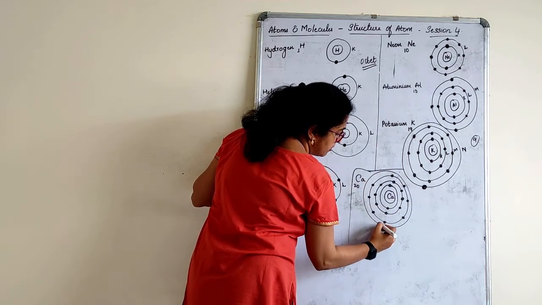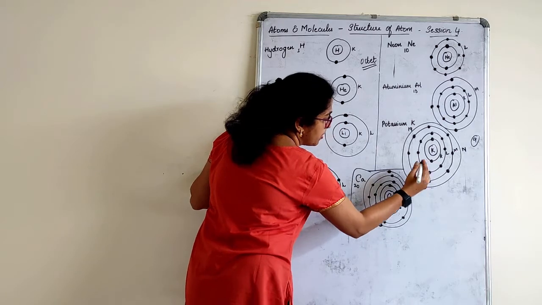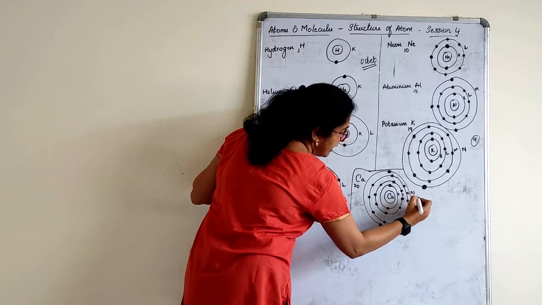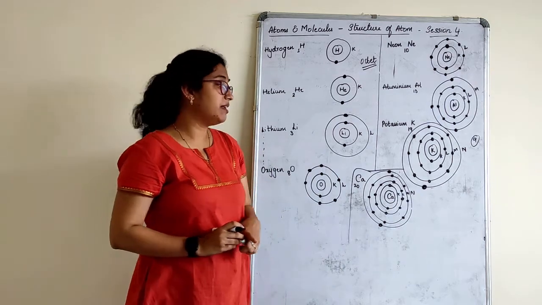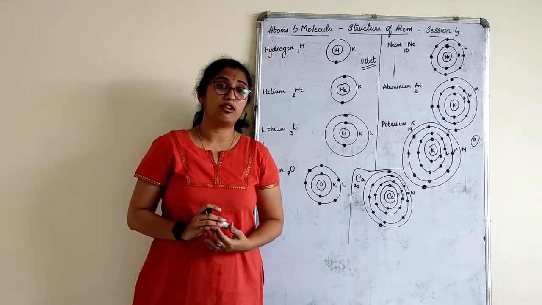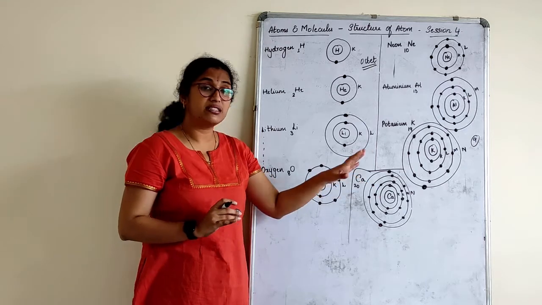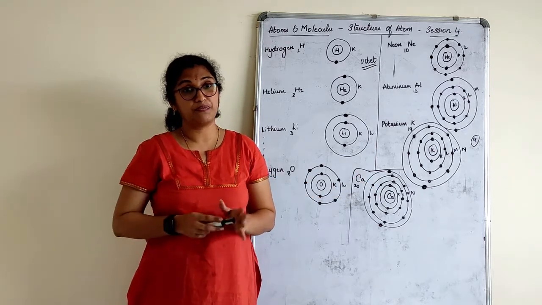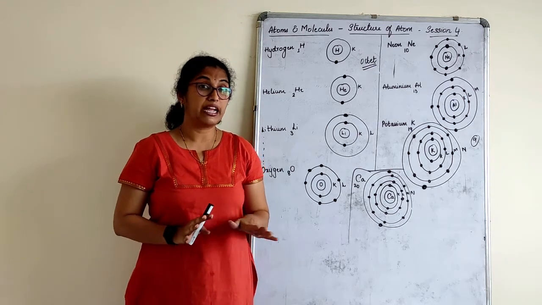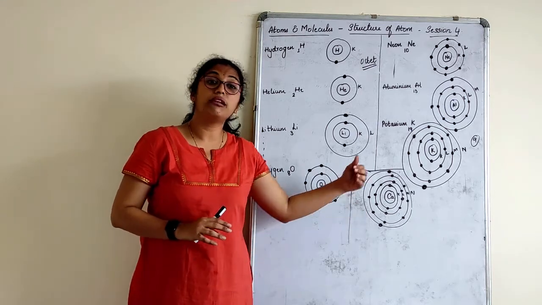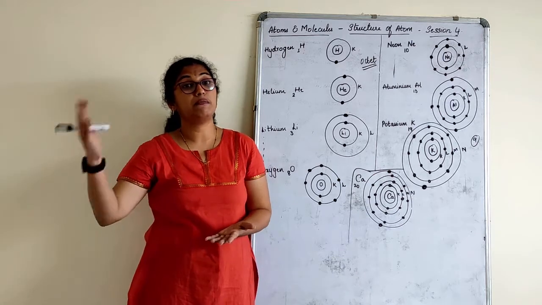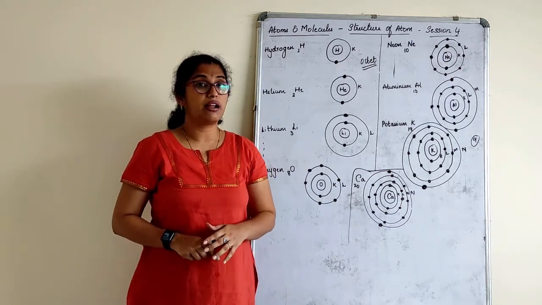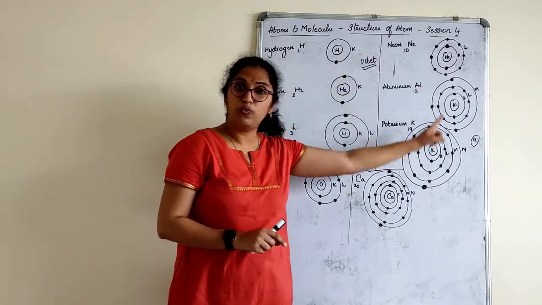How many? 1, 2. So this is K, L, M, N. See, that means in your syllabus, you will not go beyond N at all. This is the last part. The rules are also different, children, when you go beyond calcium, right? So we don't study beyond calcium here. Not only here, not only in your 10th standard, we don't study anything beyond 20 elements. 20 is the maximum that you study. You study them in your higher classes. So I think this is very clear.